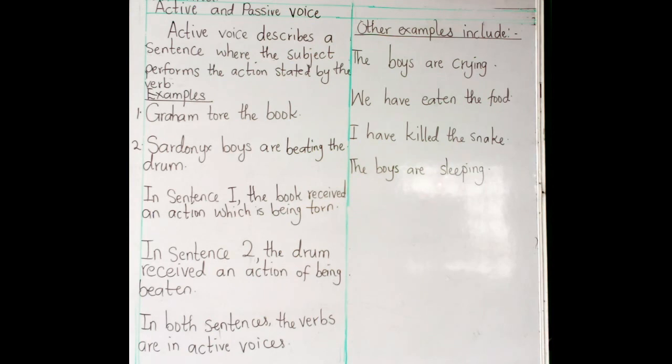Remember, when we talk about a verb, we said a verb is an action word. Whichever word tells you of something that was carried out, that's what we call a verb. So when we talk about active voice, what is the first thing that should come to your mind? Act. I always leave you with little things that will help you remember faster. In the case of active voice, the first thing that should come to your mind should be act.